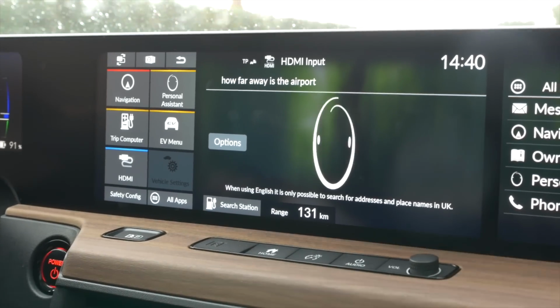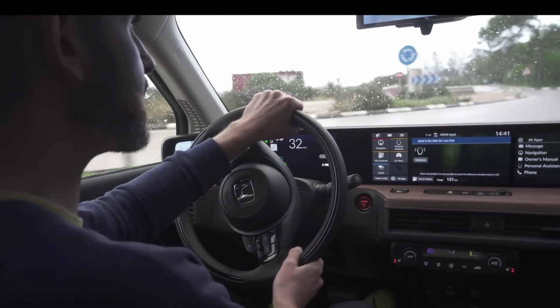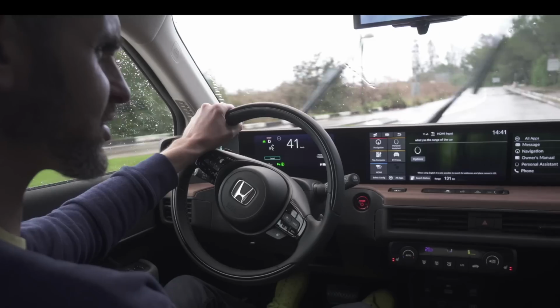The remaining travel distance is 20.0 kilometers. What is the range of the car? I could not recognize the utterance. For example, you can try saying play FM radio or how much gas do I have left. Tell me the performance. You can ask about topics such as searching for destinations, operating the audio system,